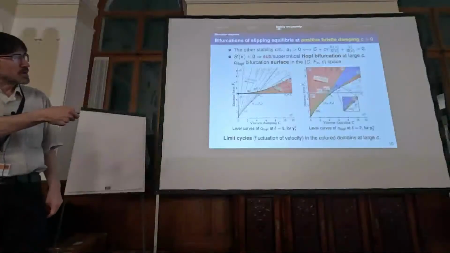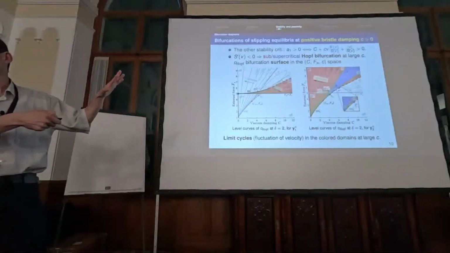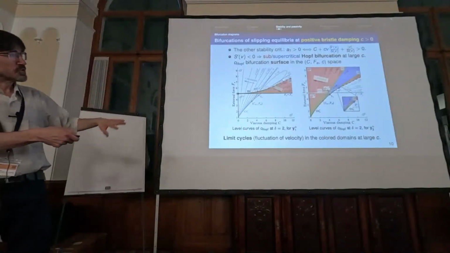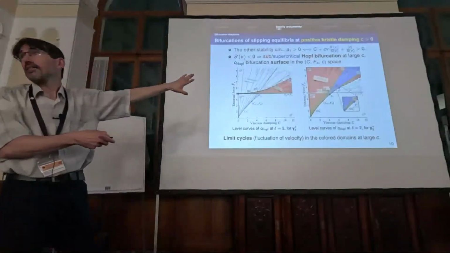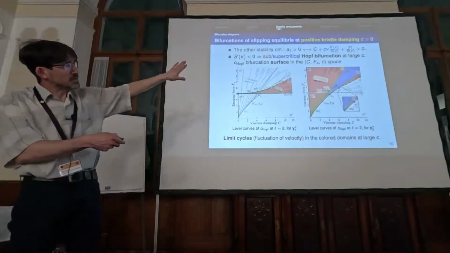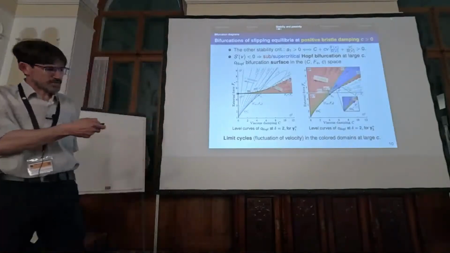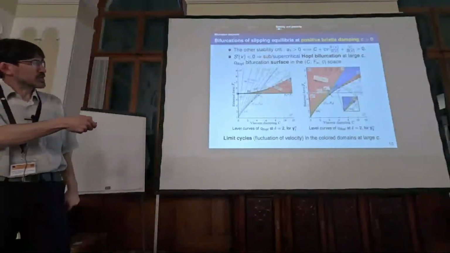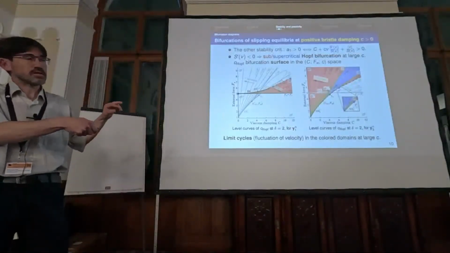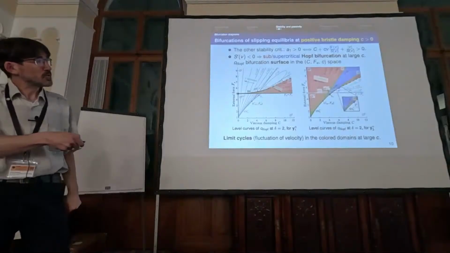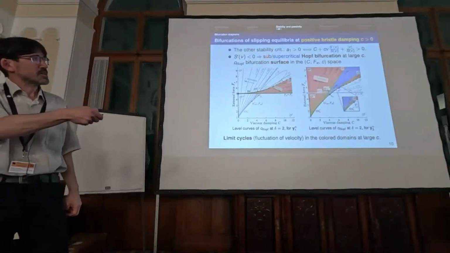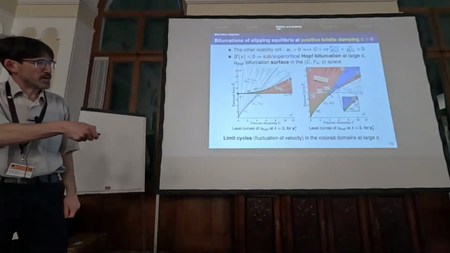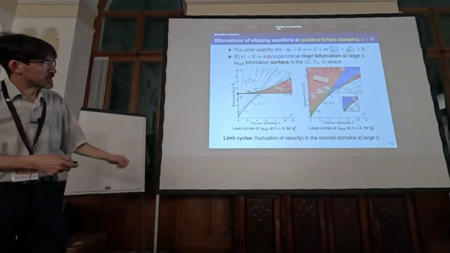And here, the level curves of the Bristol damping are shown where the Hopf bifurcation occurs. So this is basically a surface in the 3-dimensional space, and this surface folds back onto itself. The left-hand side shows the Hopf bifurcation level curves at the small velocity slipping equilibrium, and on the right-hand side, we see the Hopf bifurcation surface level curves for the high velocity slipping equilibrium.